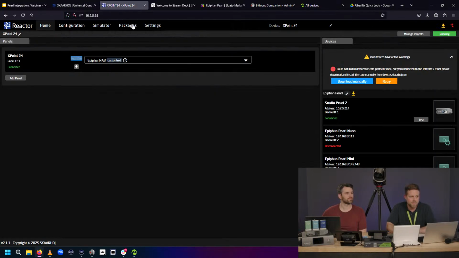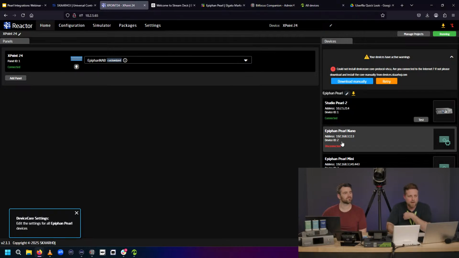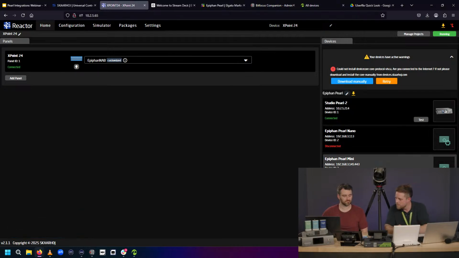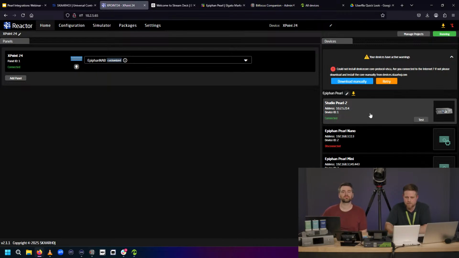And here on the control side, I can pair all my Pearl devices. Maybe just hide me for a second there, Ryan, so that we can see behind the curtain here. We didn't set that layout, but okay, no worries. Yeah, so I can see my Pearl 2 is paired here.